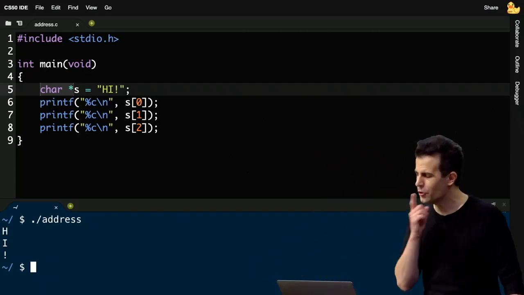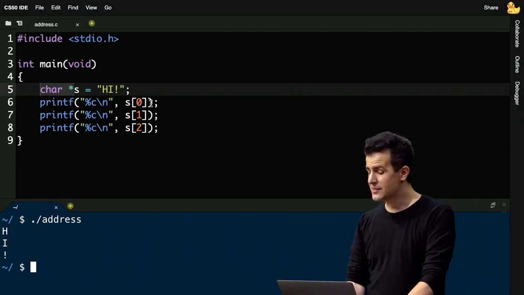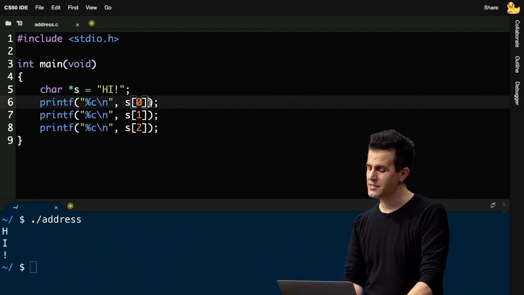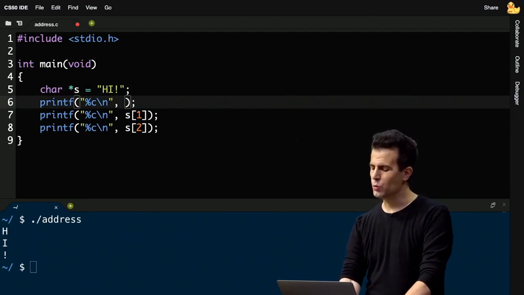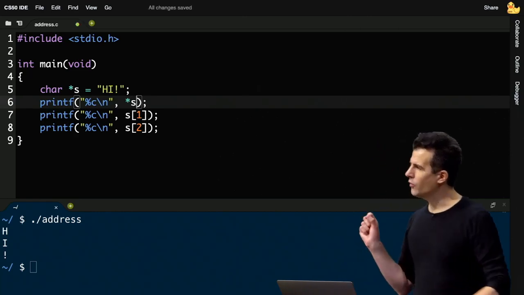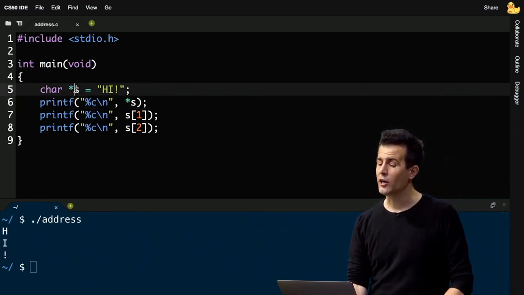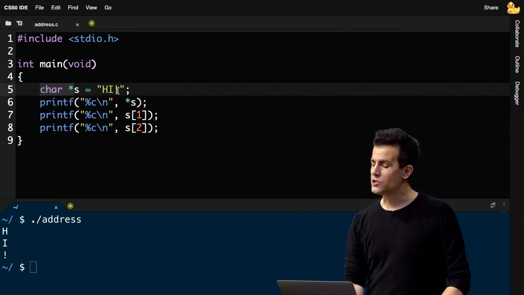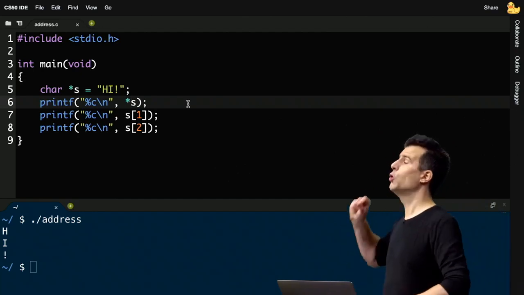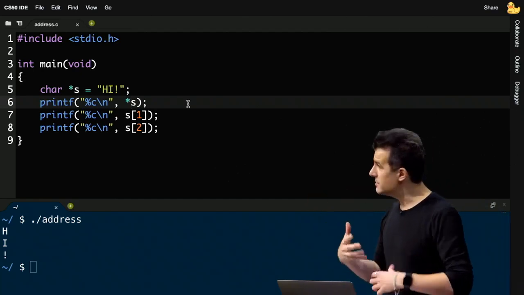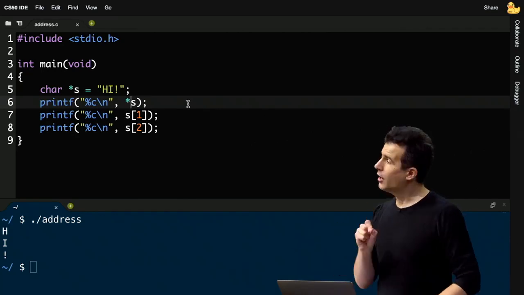But there's one other way I can do this. If I now know that s is really just an address, I can get rid of this square bracket notation. And I can actually just do *s. Because recall that star, in addition to being the new symbol that we use when declaring a pointer up here, it's also the same symbol, confusingly, admittedly, that we use to go to an address. So if s is storing an address, which it is by definition of being a pointer, *s means go to